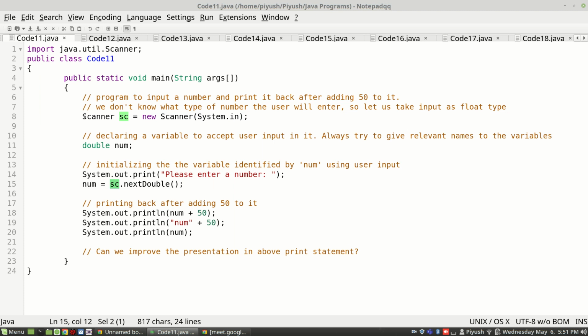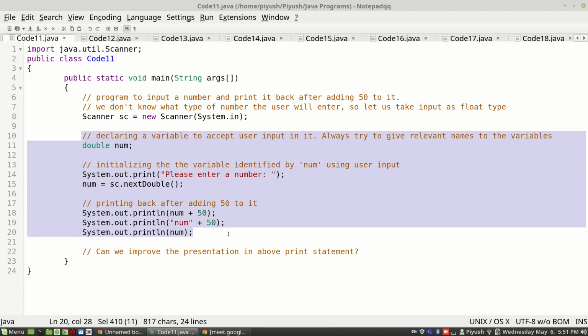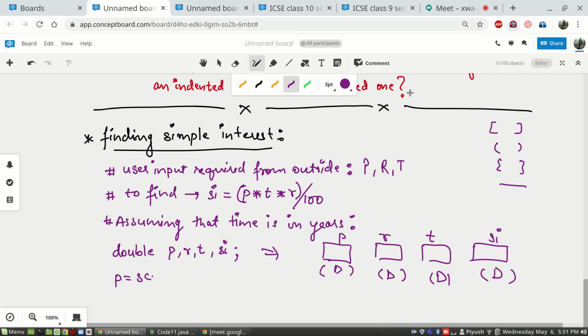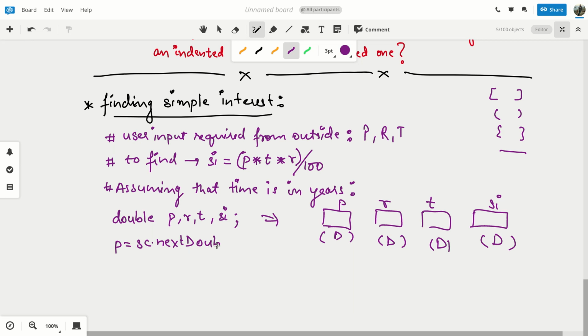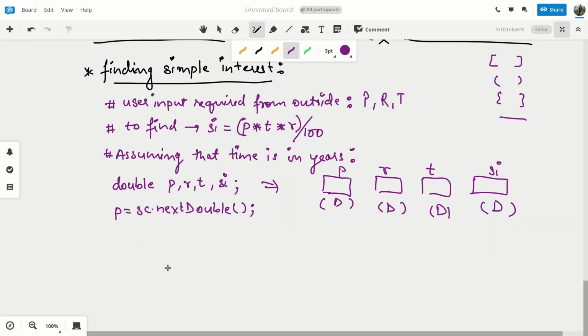So considering you have written this line and this line on the top, I am just filling in the rest of the lines in my rough area. Okay, I'll write sc dot nextDouble.